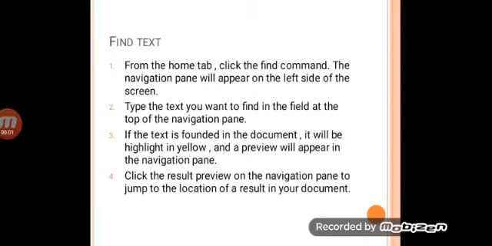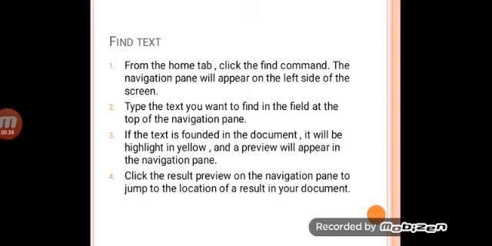Now to find the text in a document, follow the given steps. From the Home tab, click the Find command. The navigation pane will appear on the left side of the screen. Type the text you want to find in the field at the top of the navigation pane. If the text is found in the document, it will be highlighted in yellow and a preview will appear in the navigation pane.